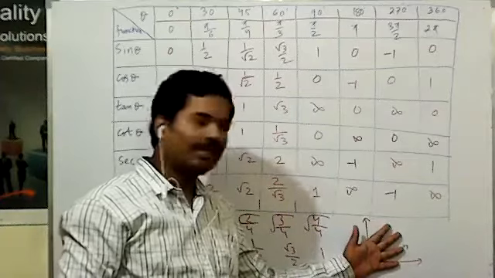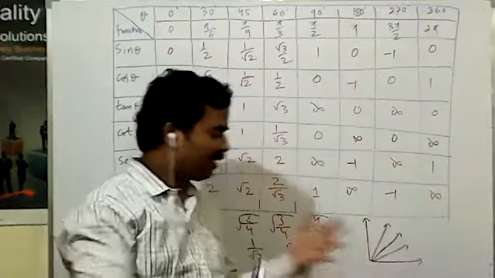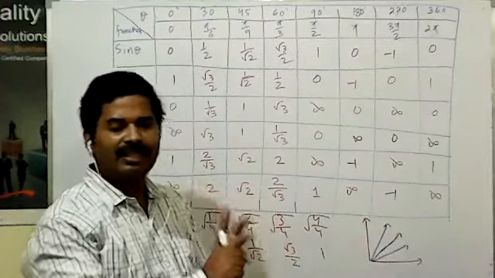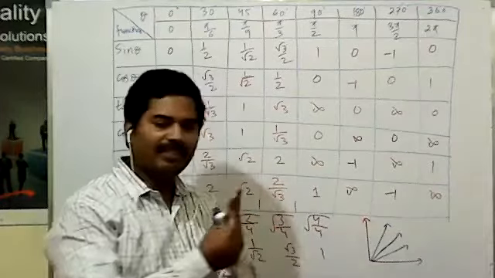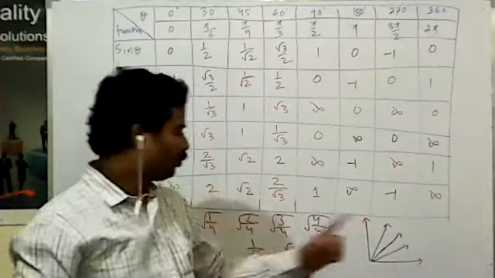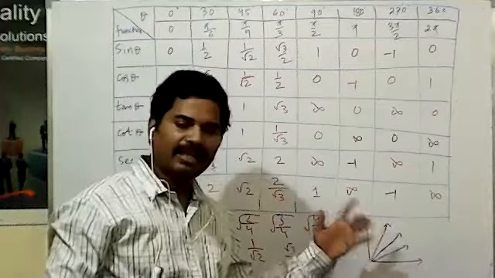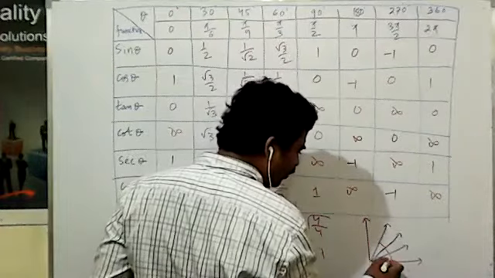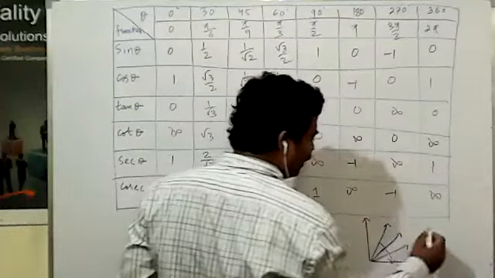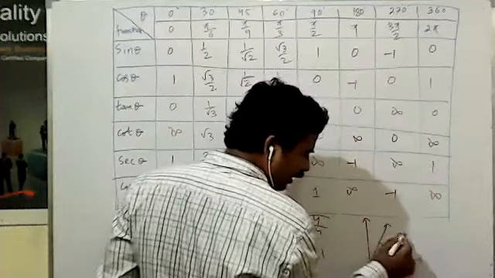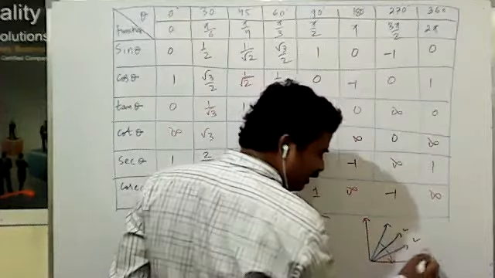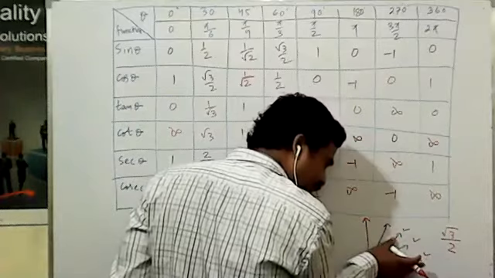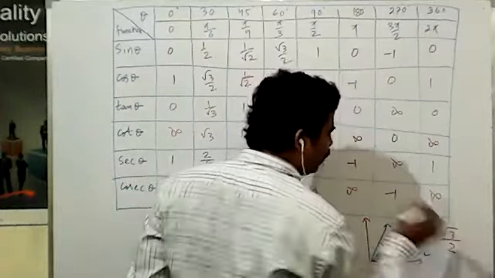Similarly, to find sine 45, these are the two fingers. Root of two fingers divided by 2. How many fingers are there? Two fingers, divided by 2. Always divided by 2. If you find out 60 degrees, how many fingers are there? 1, 2, 3 fingers. That means root 3 divided by 2. You have to take the root of the number of fingers, always divided by 2.